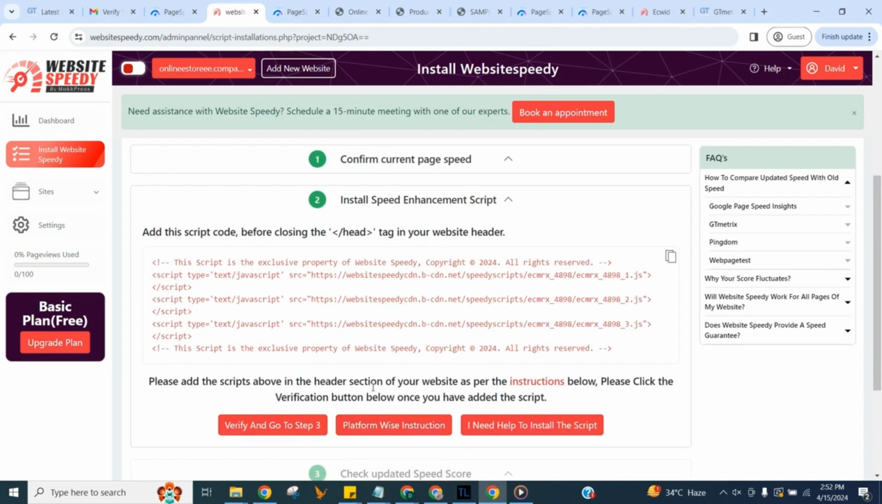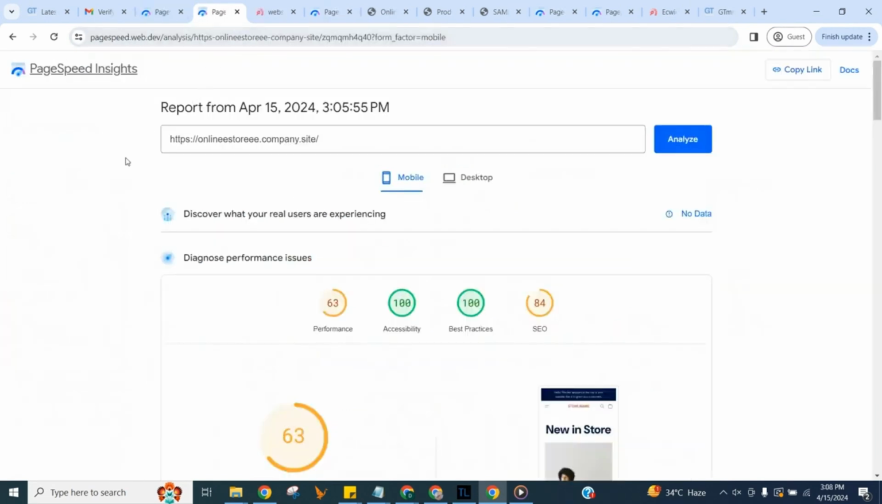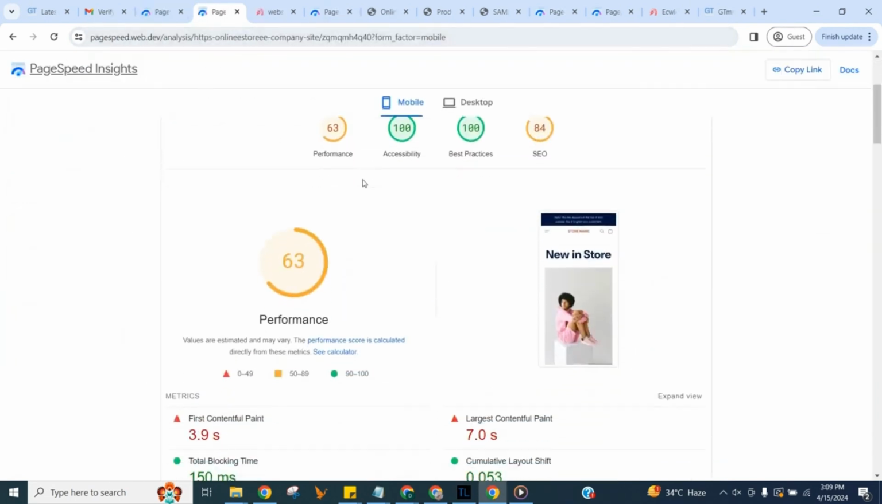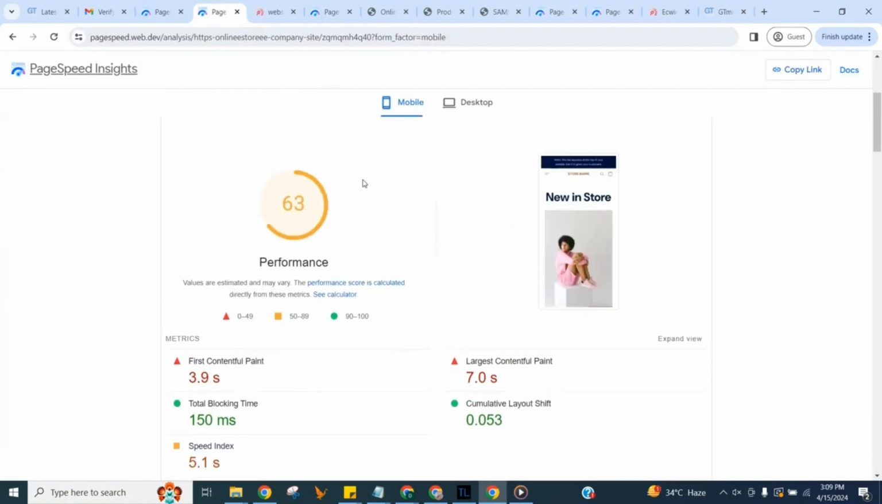I'm also going to manually check the total blocking time issues without our tool first so we can match the updated speed and score with it. Afterwards, we will use Google PageSpeed Insights for this. Let's get back to Speedy. Now